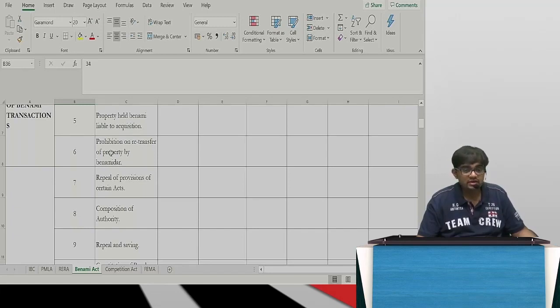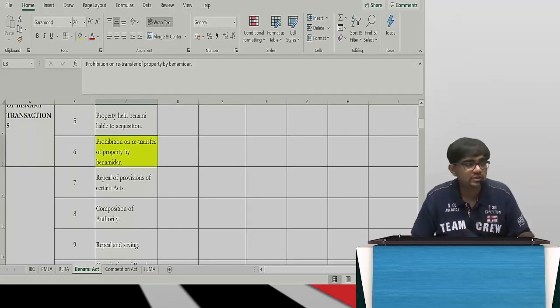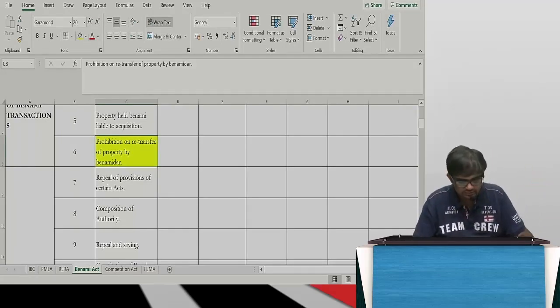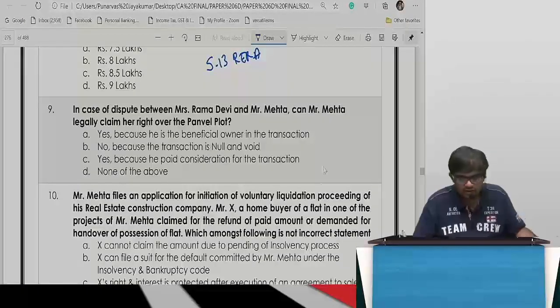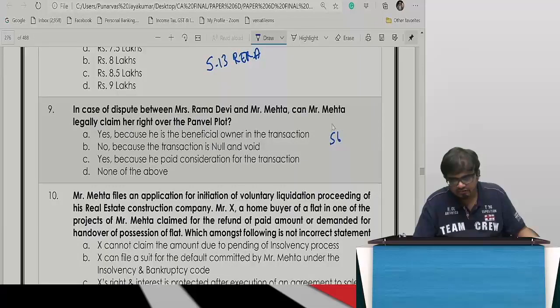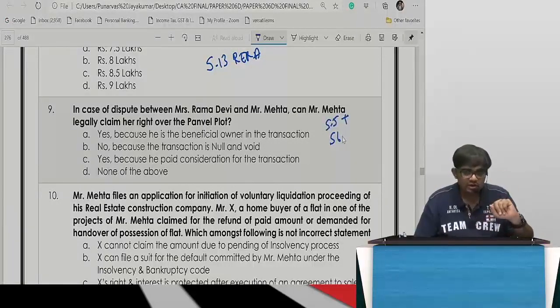All this is coming under 5 and 6. So this entire thing will be 5 and 6. We'll see the case study and then come back to that. But overall, it will be around 5 and 6. Done? Next. So here I can say it may be section 5. We'll see the case study, then decide. But overall, section 5 and 6 of the Benami law.